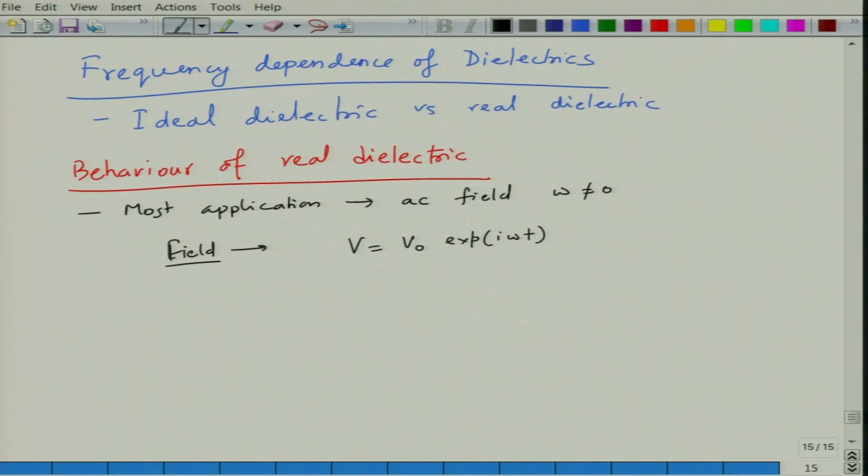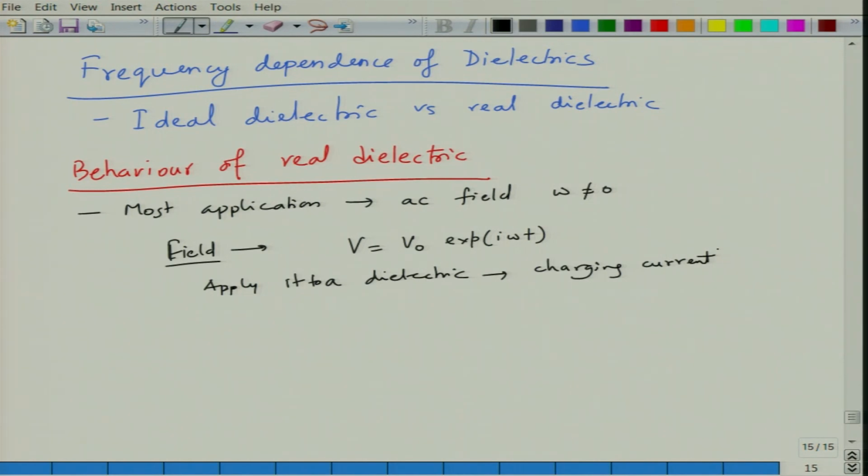If we apply this voltage to a dielectric, this should give you what we call the charging current,